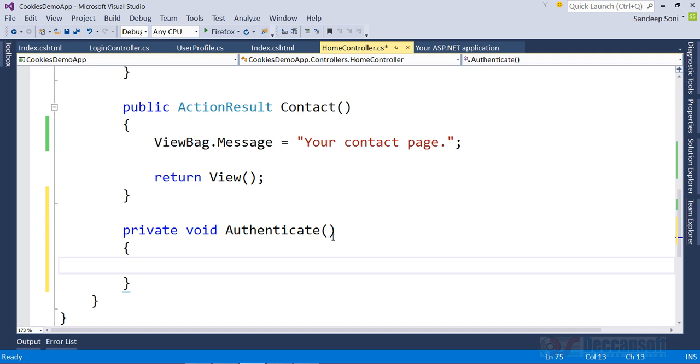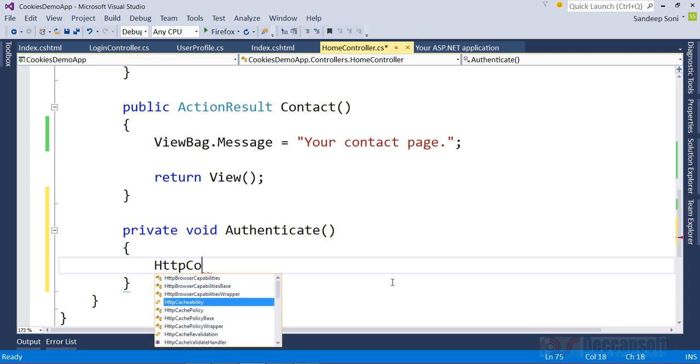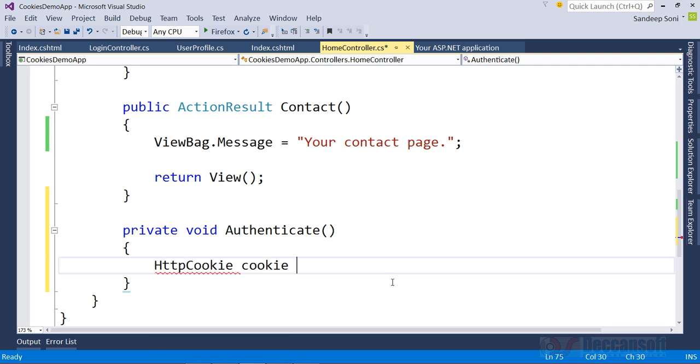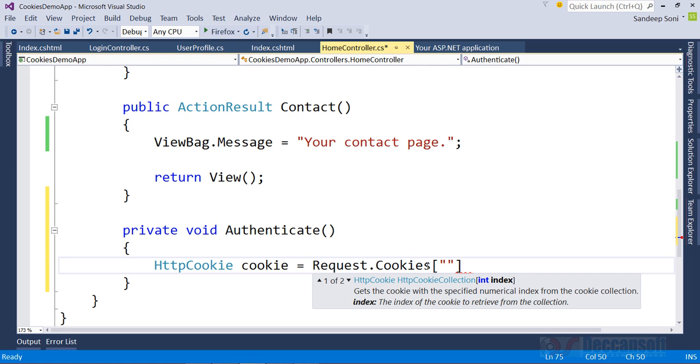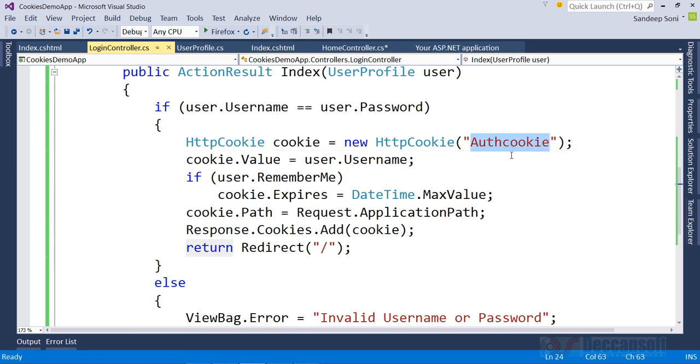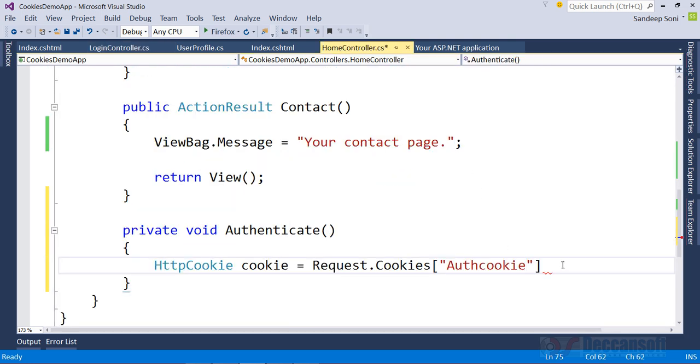Now what is this authenticate method supposed to do? Check if the user is authenticated or not. For that, I will try to get a cookie from the request. What is the name of that cookie? From the request, how to get it? The Request.cookies collection. What is the name of that cookie? Whatever we have used in the login controller, the same name. This name only we should use. So with that name, if we get a cookie,